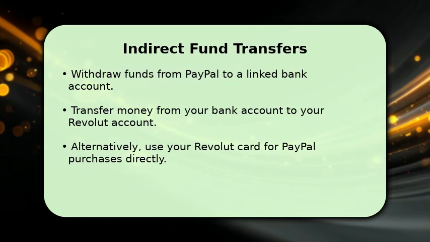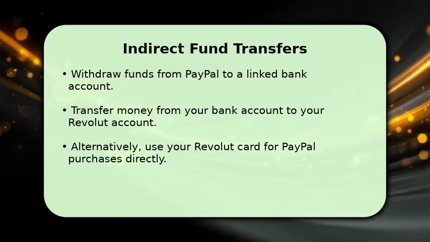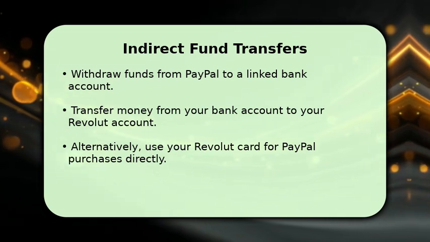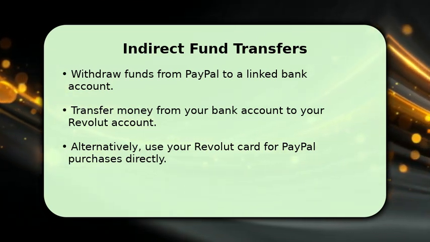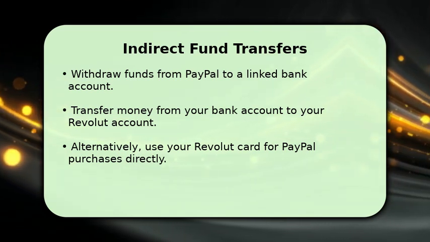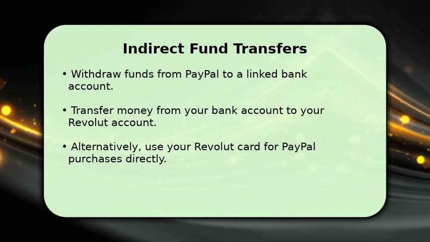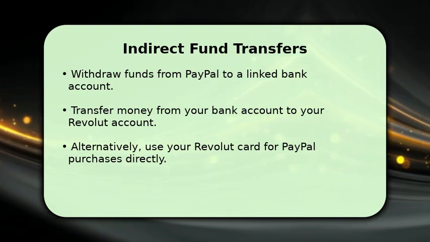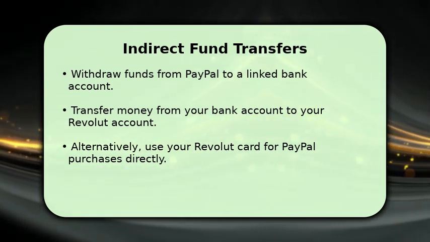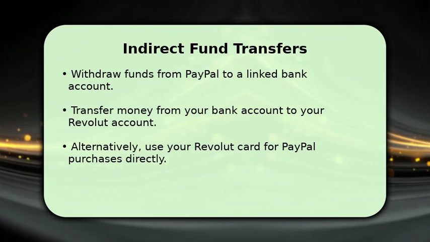Since direct transfers are not supported, you can move funds indirectly. First, withdraw money from your PayPal balance to a traditional bank account that is linked to PayPal. Once the funds arrive in your bank account, you can then transfer them to your Revolut account. Another convenient option is to simply use your linked Revolut card directly for any purchases you make through PayPal, utilizing